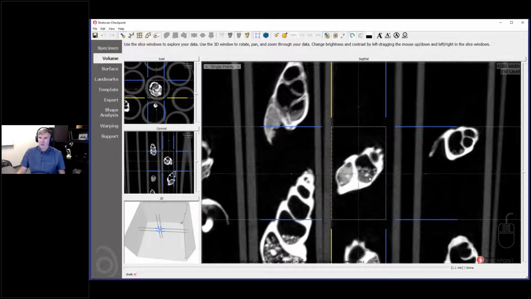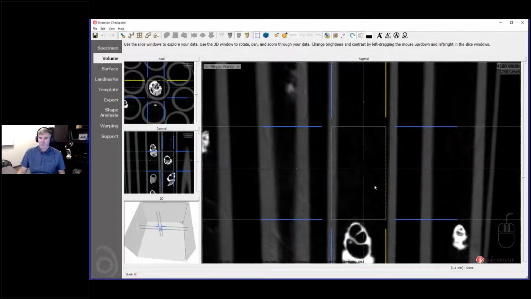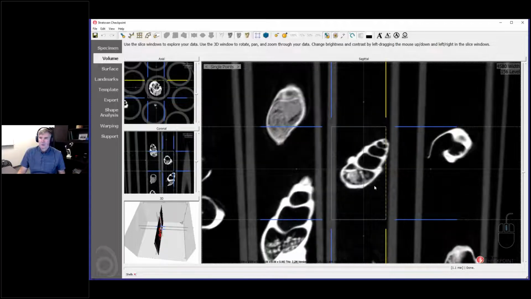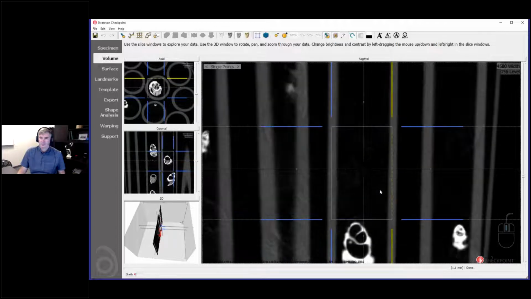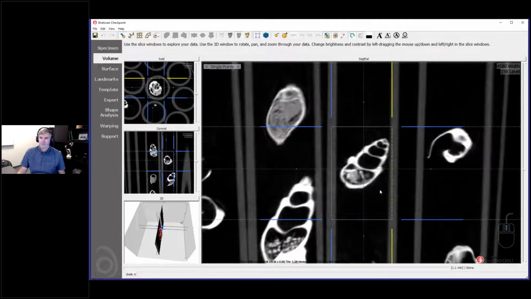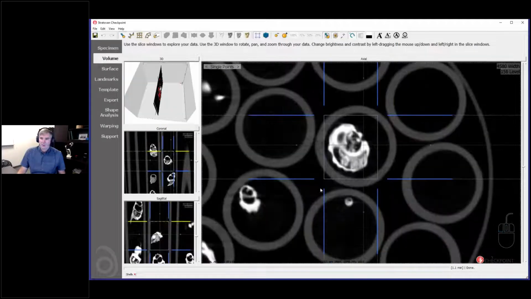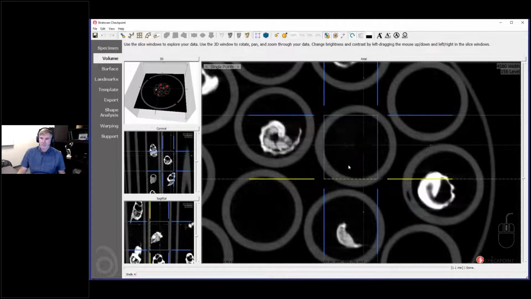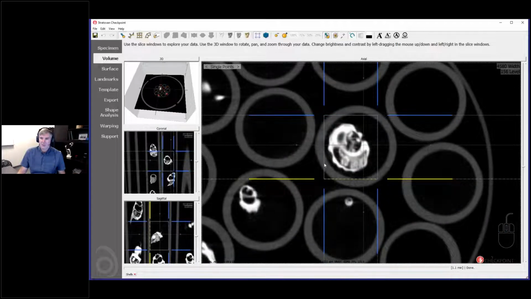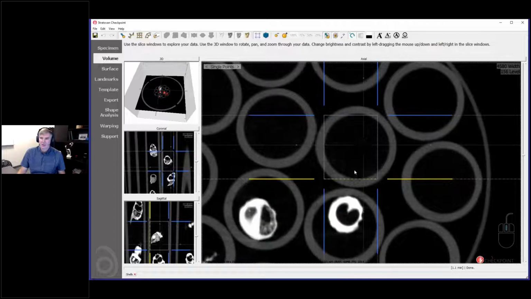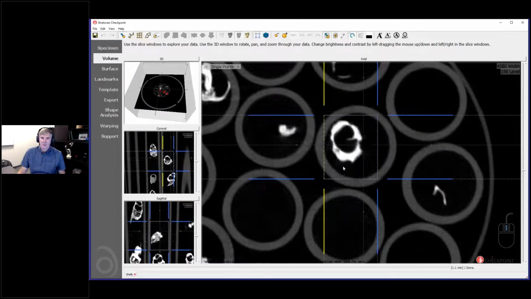And then once you think you're done, you actually want to scroll through. So I'm going to scroll through and I can see that I brought this in a little too much here. So I'm going to bring this edge back out. That looks okay there. I'm going to go to this view, the same thing. I want to go through a couple of these views to make sure that you're not getting it too close or cutting off any of the specimen. So that looks pretty good there. And so that's the sub-region within this volume that I want to